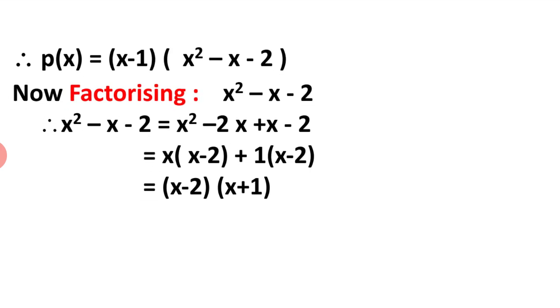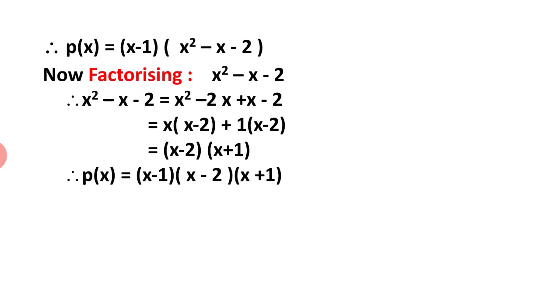So these are factors of the quadratic polynomial x square minus x minus 2. So finally, how many factors did we obtain now? We have obtained 3. The first one was x minus 1 by trial and error method, and secondly 2 factors which we obtained by splitting the middle term of the quadratic polynomial after doing division.